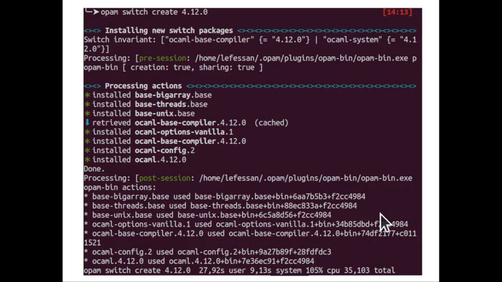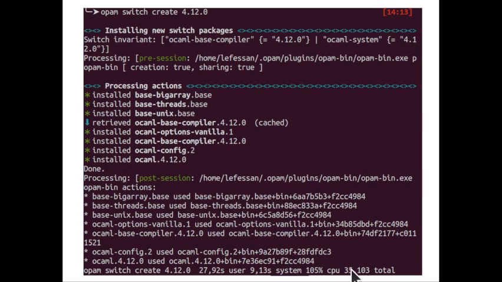So we remove it and we create it again using opam switch create. We could have called it with a different name, it wouldn't have mattered. OpamBean is still active. And now let's see what has happened. Here OpamBean tells us that instead of building the packages, it used the binary archives that it found in the cache.